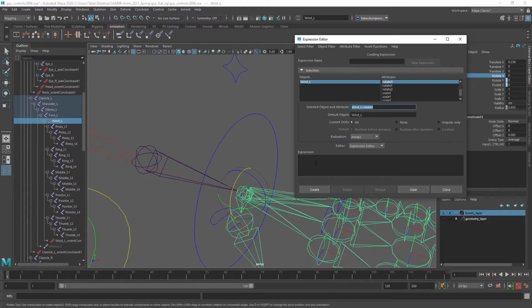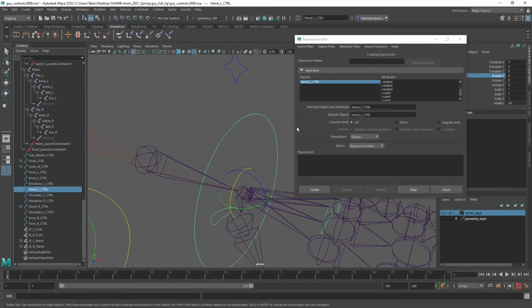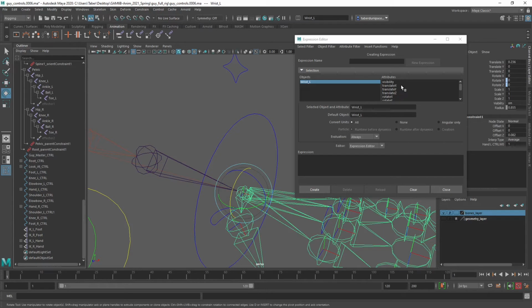And this is the receiving object, and it's going to receive information from this one. So this is the name for the controller that's going to feed the data. It is case sensitive. It has to be written exactly. If you want to open a notepad and just copy paste this into there and then copy paste it back, that could be helpful. But it shouldn't be a problem. I'm just going to highlight this in the outliner and make sure I write it correctly. So grabbing this bone once more and rotate X channel. So we want to paste that down here,